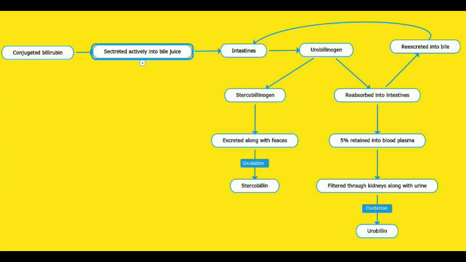So this was the entire fate, the entire journey of what happens to an old RBC, how it is destroyed, and into what components it is broken down. So basically we know that almost the entire component of the hemoglobin is retained except for the porphyrin ring or porphyrin chain, which contains nitrogen, and therefore it is a nitrogenous waste. It cannot be retained in the body and has to be excreted. However, the iron and the globin, which was converted into amino acids, are preserved inside our body and reutilized for the formation of new RBCs.